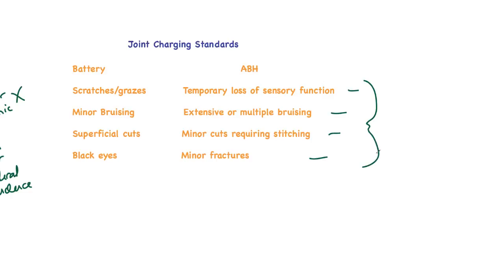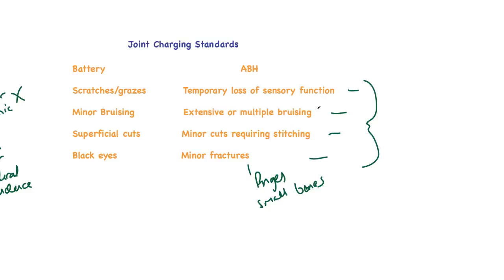We're talking about a temporary loss of sensory function, extensive or multiple bruisings, minor cuts that require stitching, and minor fractures. These would be fingers and small bones in the body. If you consider the definition, all of these things will disrupt the health and comfort of the victim. Anybody that's been extensively bruised will know just how painful that can be. It is uncomfortable, and you'll know that extensive or multiple bruising takes some time before it goes away. And therefore that would fit